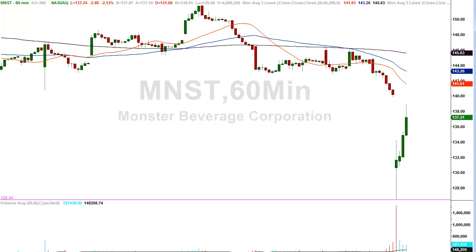What happened immediately was the stock caught a bounce, immediately rocketed higher, and continues higher, and now we're trading, as I make this video, at 137 and change. That's an $11 bounce off the low. Now, yes, I didn't get, or we didn't get filled on this trade, but the point I want to make,